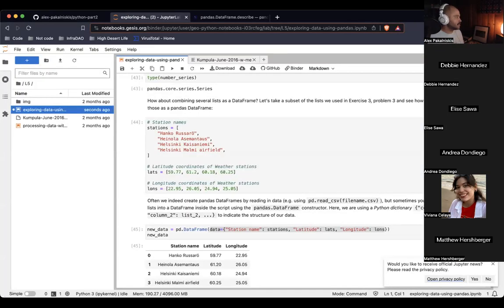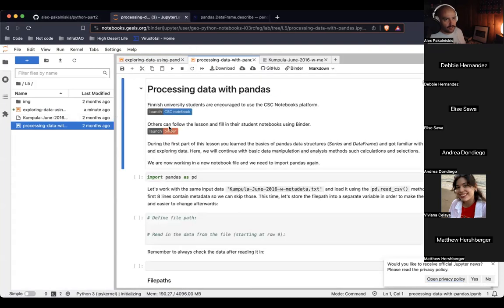So what's next? Processing data with Python. I think we just have it here. So I'm going to open it here so I don't have to